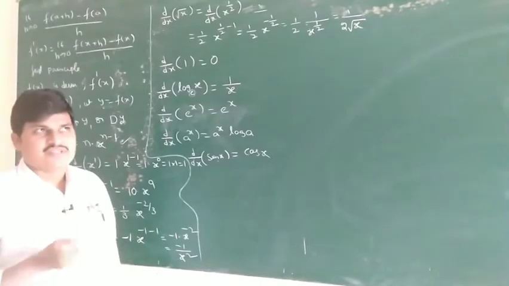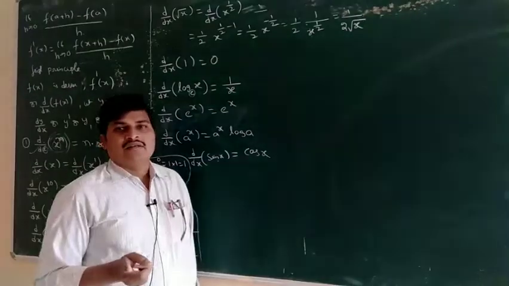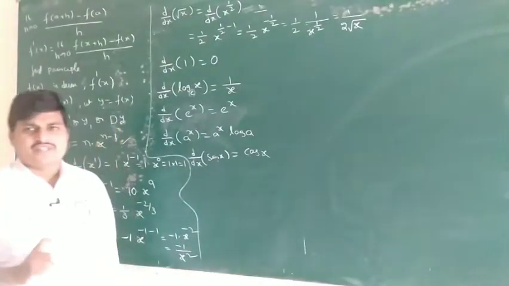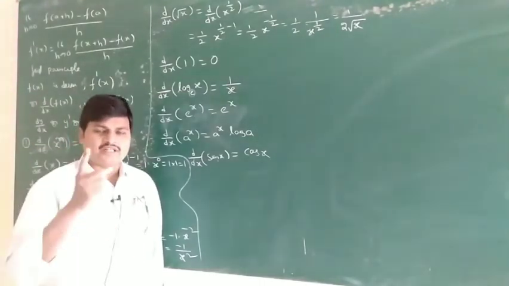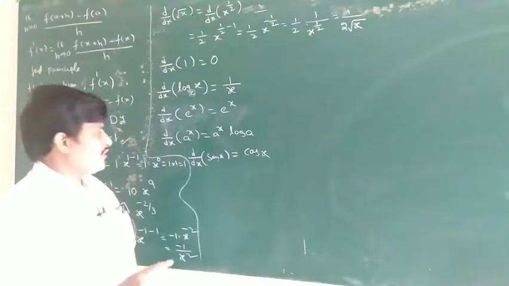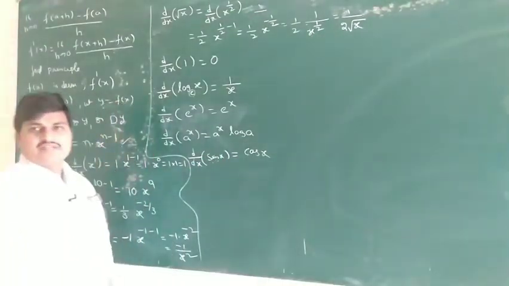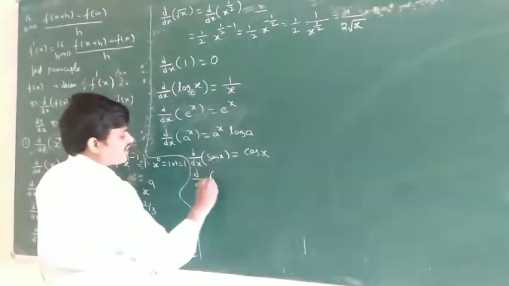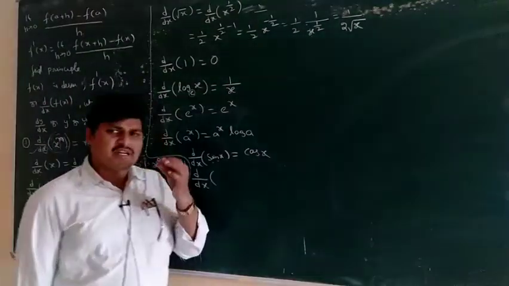Small mistake means what? Sin cos, cos minus sin, plus sin. Cos x derivative sin x, minus sin x, is a confusion. It is a common thing. But sin x derivative cot x, or sin x derivative tan x, is a blunder mistake. So first, derivative of sin x is cos x. Derivative of sin x is tan x, cot, tan, secant is a blunder mistake.